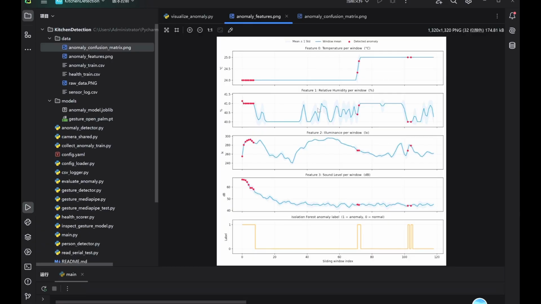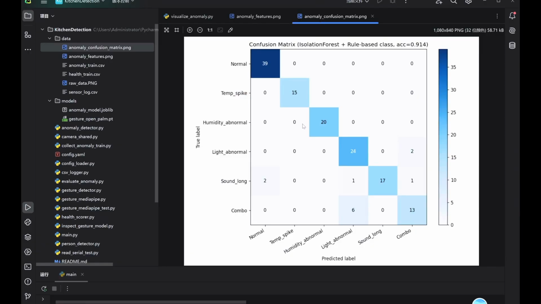The mean represents the average environmental condition, while the standard deviation reflects the signal fluctuations and stability. The extracted feature vectors were then used as input to the isolation forest anomaly detection model. Isolation forest was selected because kitchen anomalies are relatively rare, making unsupervised anomaly detection more suitable than supervised